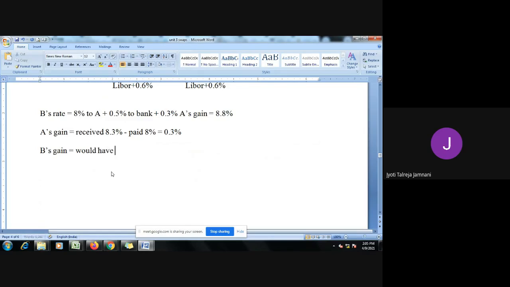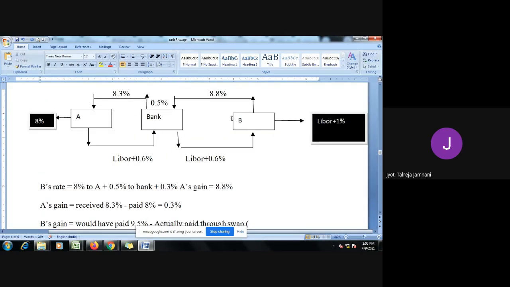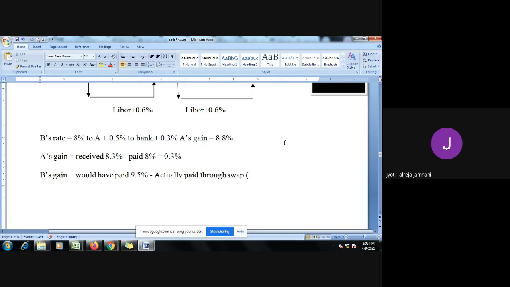Would have paid 9.5% minus actually paid through the swap. How much has it paid? It has paid 8.8% to the bank